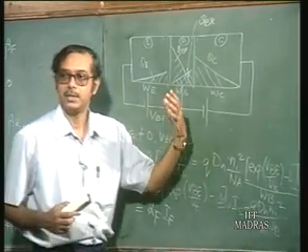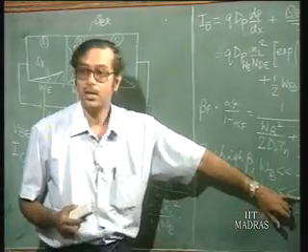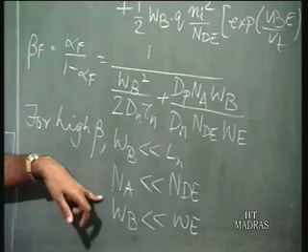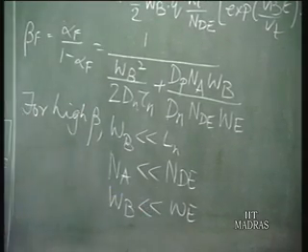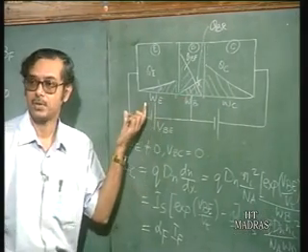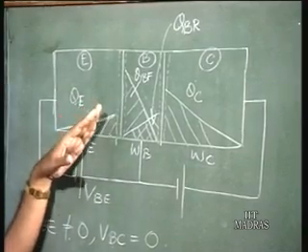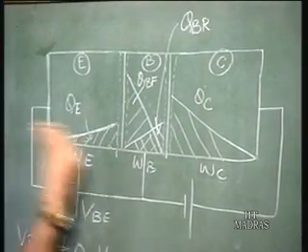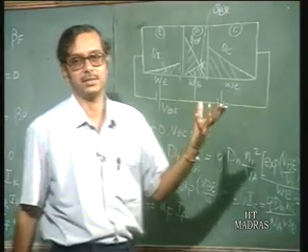So, for a large beta, the emitter concentration must be much larger than the base concentration, and of course, the base width must be very much less than the emitter width, because that determines the slope. So, if the emitter length is smaller, the slope is going to be higher and you have larger base current flowing in. That also tells us,